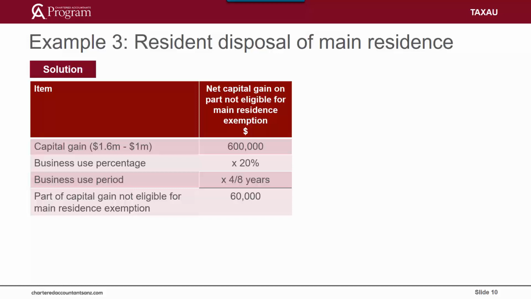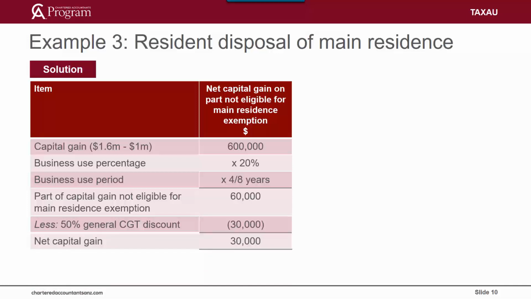Tom does not have any current year or prior year capital losses. Therefore, the portion of the capital gain related to income-producing use is not reduced by losses. However, as Tom is a resident individual taxpayer and has held the main residence for more than 12 months, the capital gain on disposal is a discount capital gain. This means that Tom is entitled to apply the CGT 50% general discount. Therefore, Tom's assessable net capital gain after application of the main residence exemption and the CGT 50% general discount is $30,000. The main residence exemption is further explained in Unit 4 of your learning materials and in Quick Reference Guide